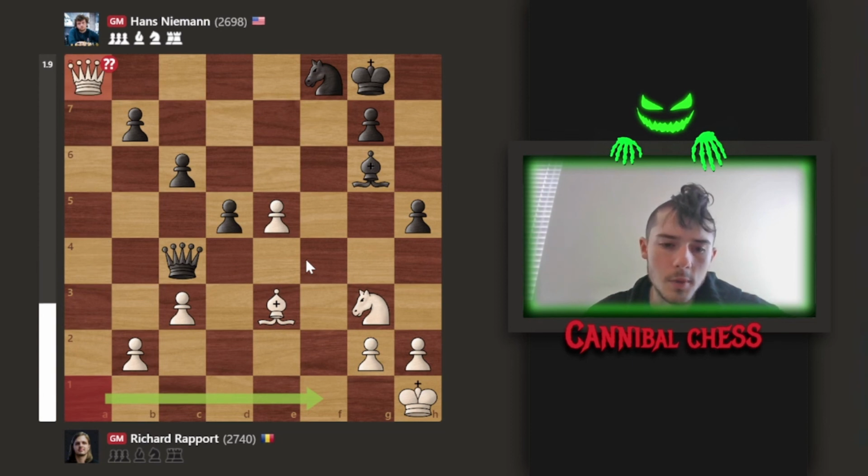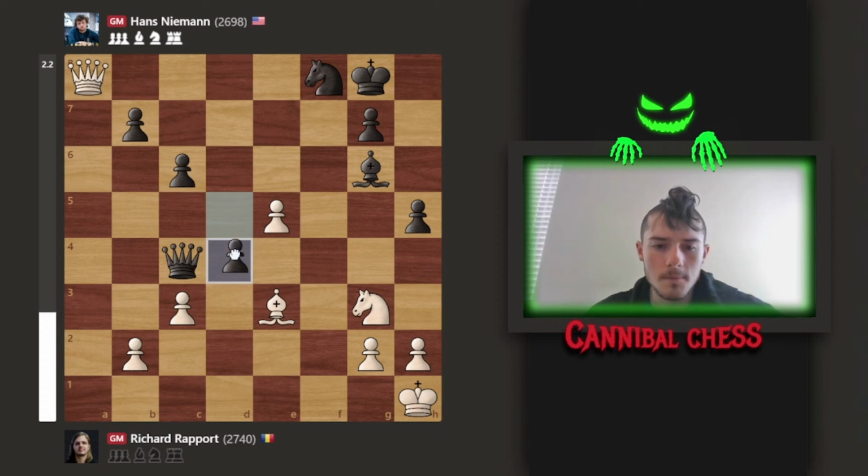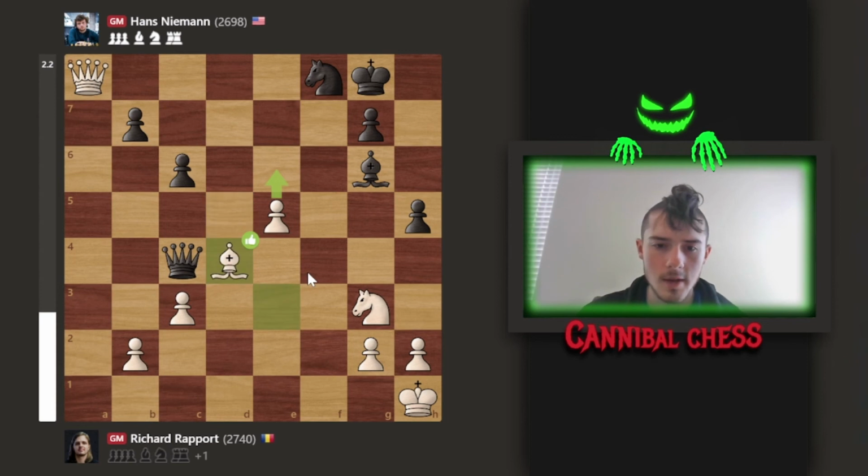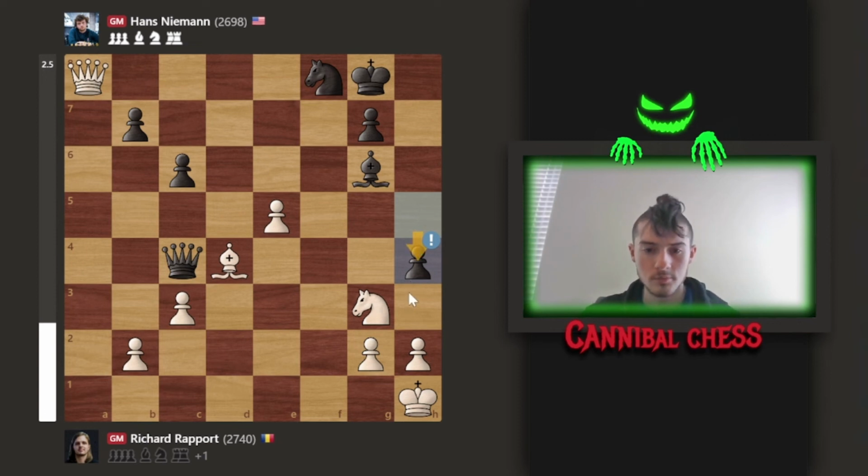So that's what the computer is saying would have been a better option, but instead Richard just brings his queen up to the 8th rank, and now Hans has this pretty good move of moving d4. This looks kind of strange actually, because it looks like you're just giving away this pawn for free, but it's not actually just giving away a pawn, because after Richard takes the pawn, now Hans has this push to h4,